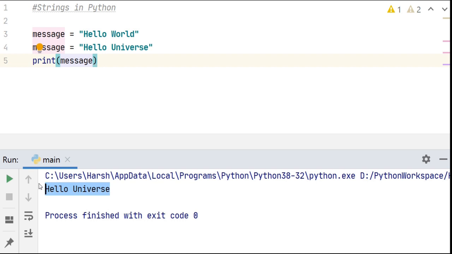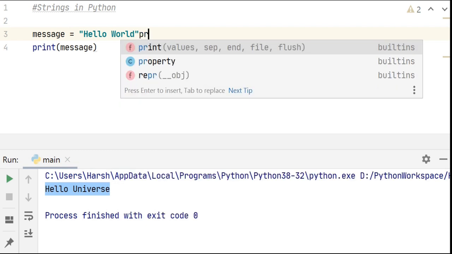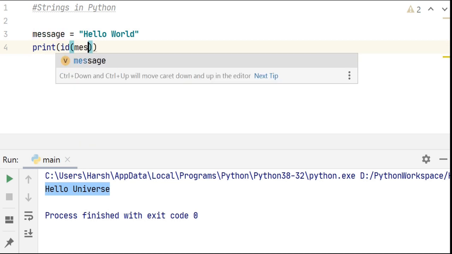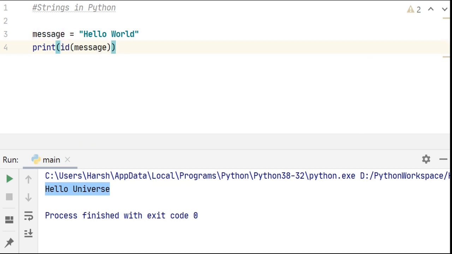We can also verify this by printing out the memory address of this variable message. This can be achieved using the id method. So let's create this variable, let's say hello world, and print out the id of this. So instead of message, let's print out id and pass the message variable. This gives us the number, which is the memory address of this variable message.